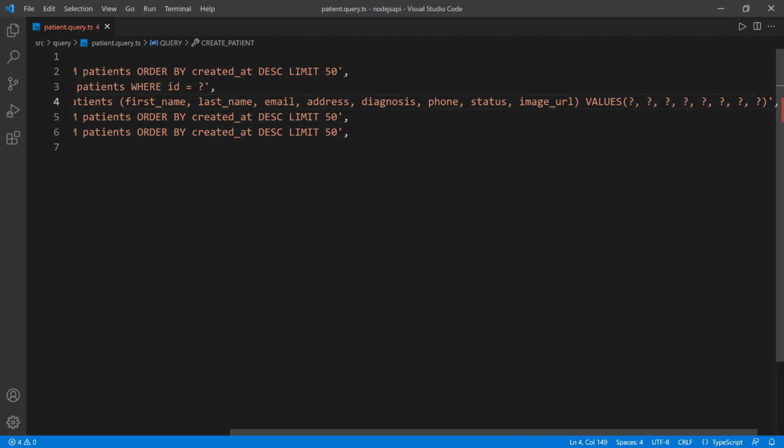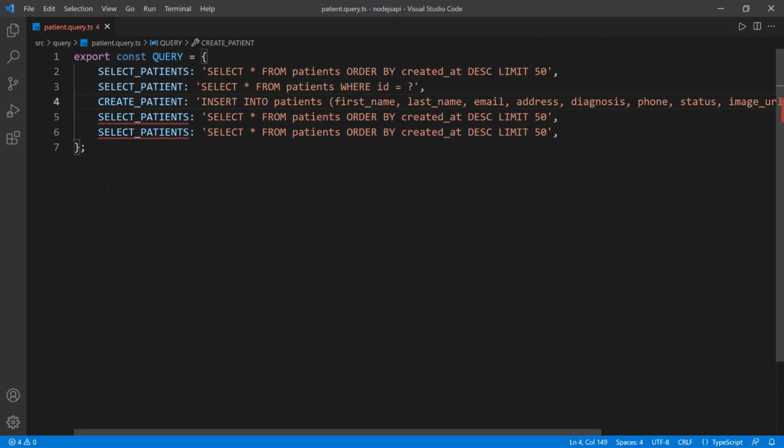So the same number of keys that we have here, we have to pass in the same number of question marks here. Okay, so make sure you get that right, and then we can work on the next one. So the next one is going to be update patient. So I'm gonna select this and then change it to update patient and remove the S at the end of that. So this is to update the patient, and I'm gonna change everything in here, and this is gonna be an update statement. So update the table patients, and then we want to say set, and then we pass in